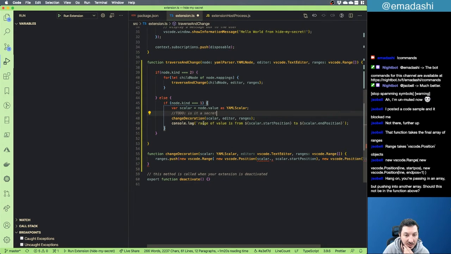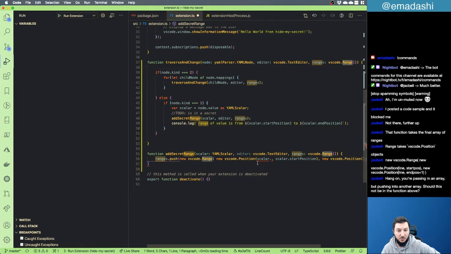And then if it is, get the range and add it, so it's not change decoration, call it add secret range. And then we are adding the range, and then we apply the ranges afterwards. Okay,